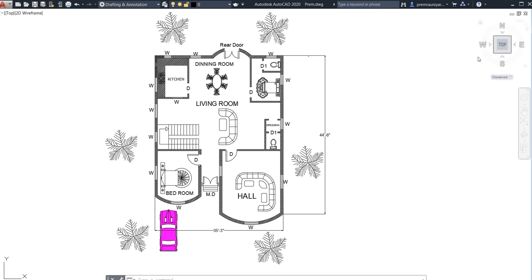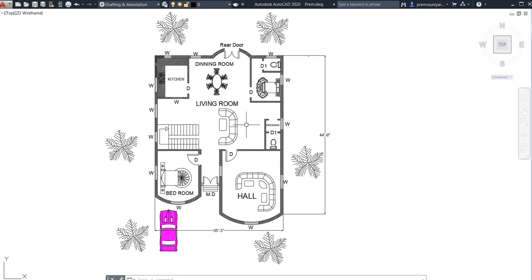So what I need to tell you is, first of all, what are we learning since childhood? See, this is north, right? And this will be the south. If you stand here you can see this will be your south direction, and if you stand there you can see this will be your north direction, correct? In this tutorial I'm going to tell you that I have made this plan in the opposite direction, which means I have swapped the direction. Instead of north it will be the south, and this south will be the north. According to my plan I have made it like this.